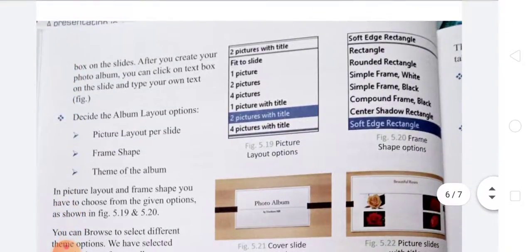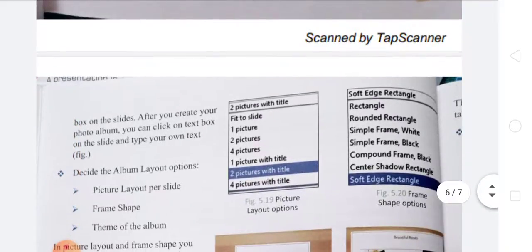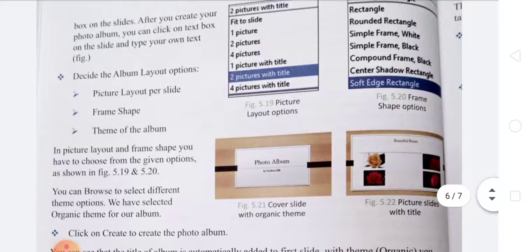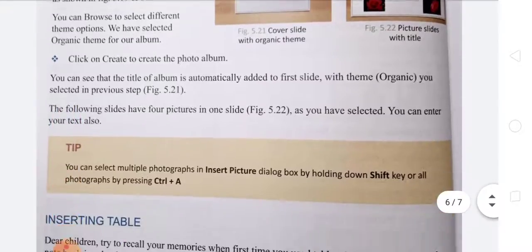So these are the steps to create an album. After that, decide the album layout option. Then whatever you want you just keep, and then give a cover slide with a title, that is Photo Album, and after that the subtitle name, etc.